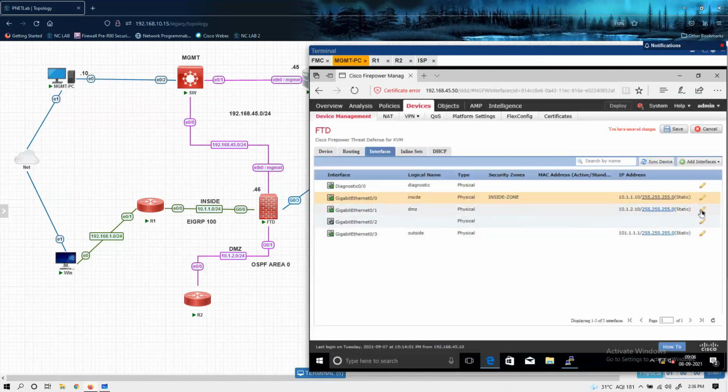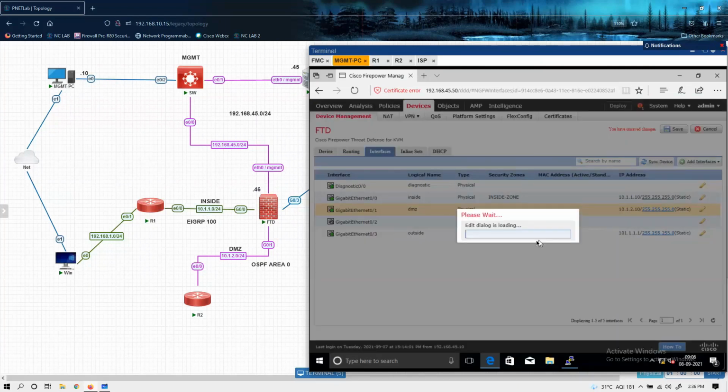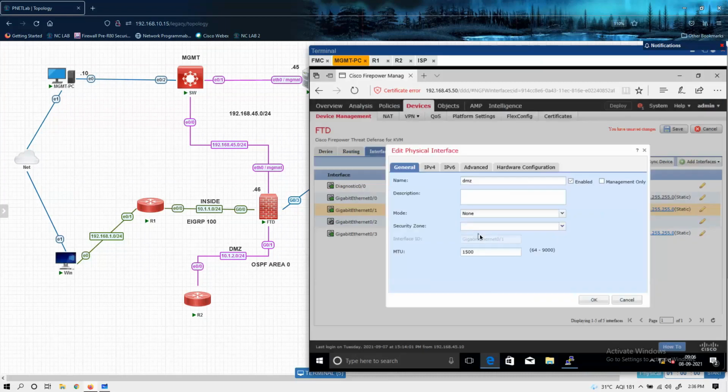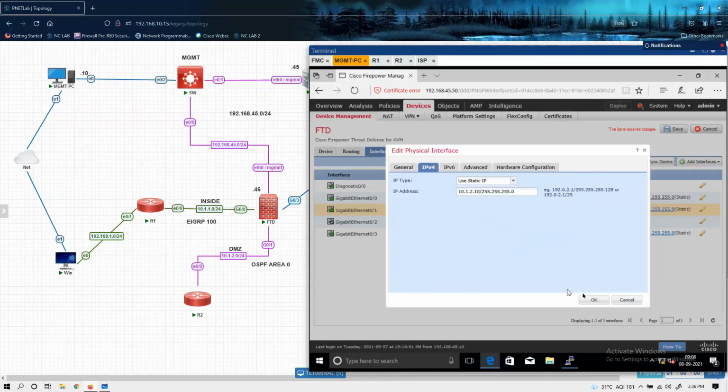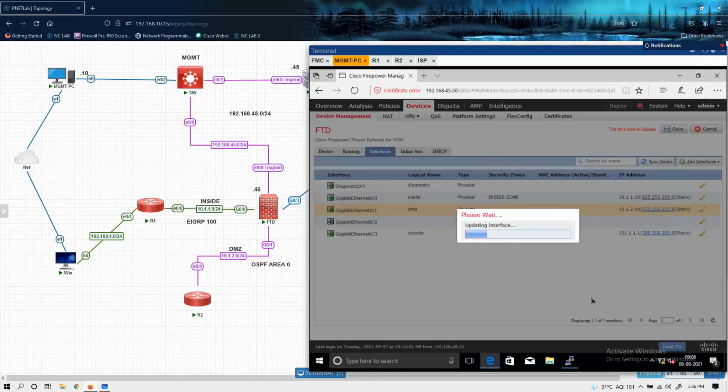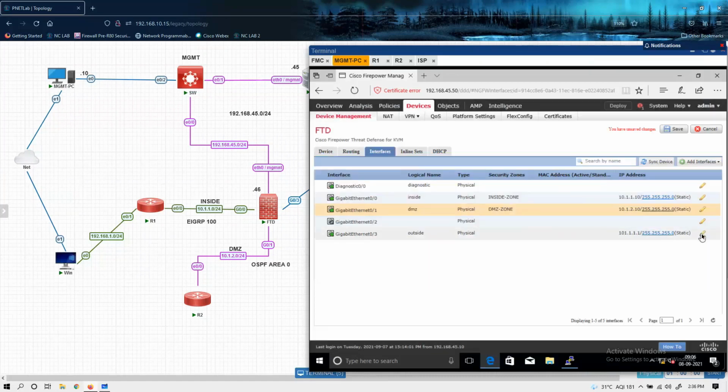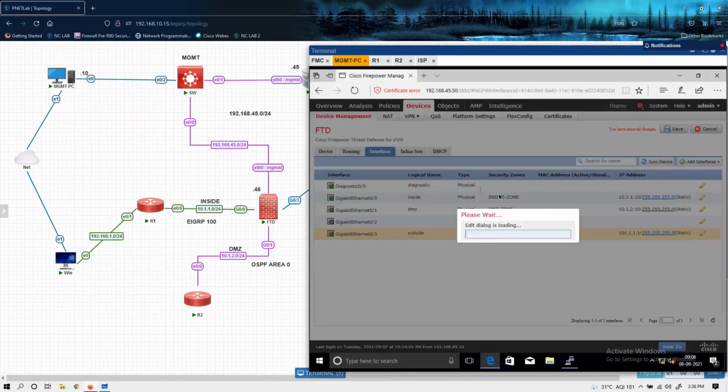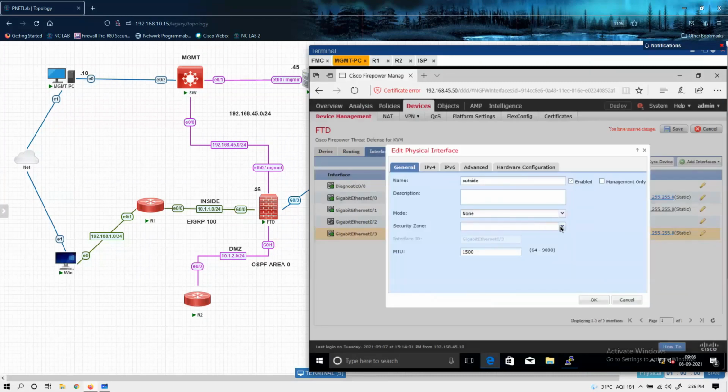So you just need to configure the security zone. For the DMZ interface, the DMZ security zone will be used. The interface must be enabled, and here we configured the IP address. Edit this, and here also for the outside zone, the security zone will be called.